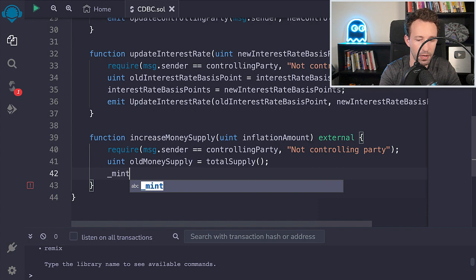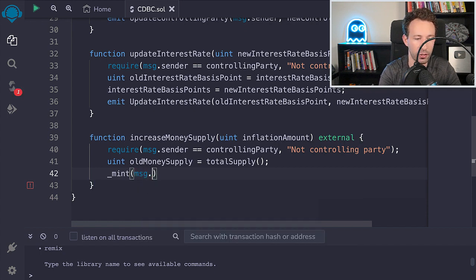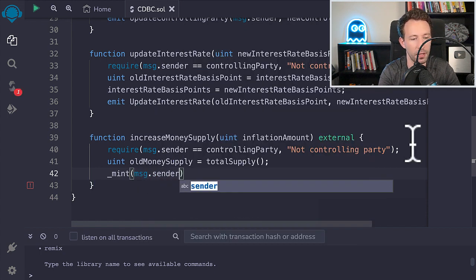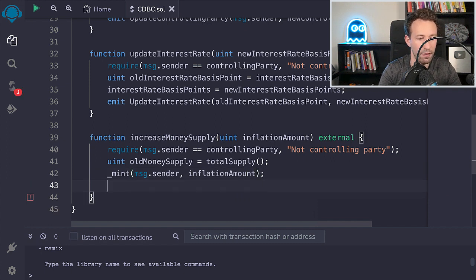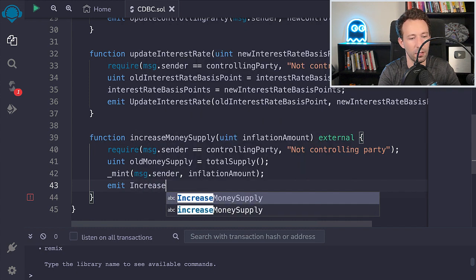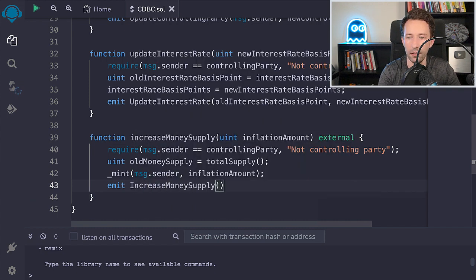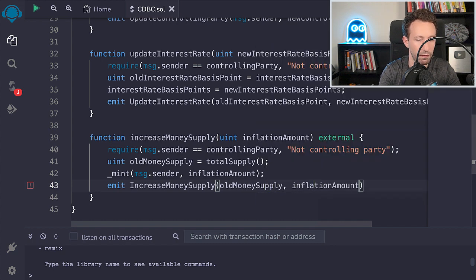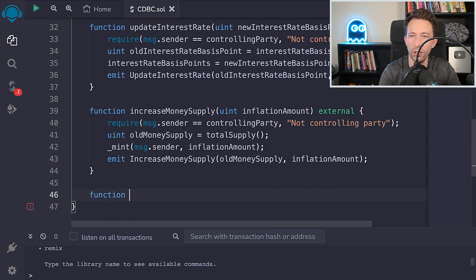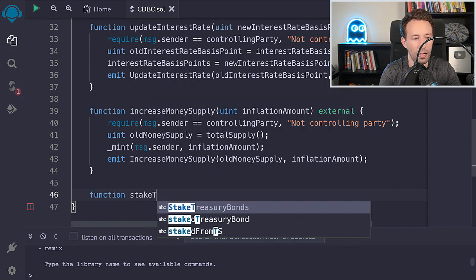We are going to mint some new coin, and so the recipient is going to be the controlling party, so MSG sender, and here inflation amount, and finally we emit the event, emit increase money supply, old money supply, inflation amount.